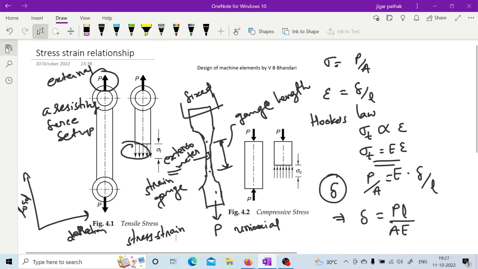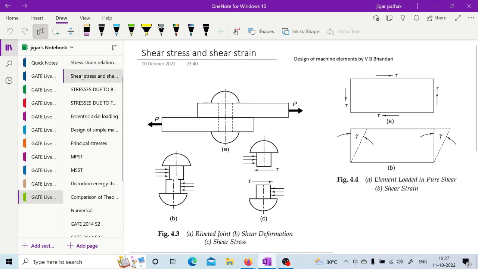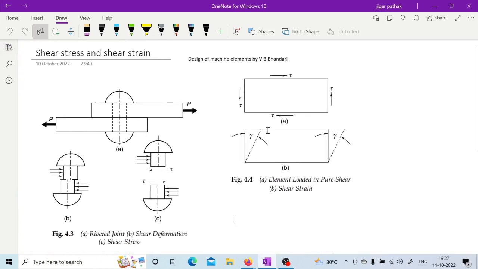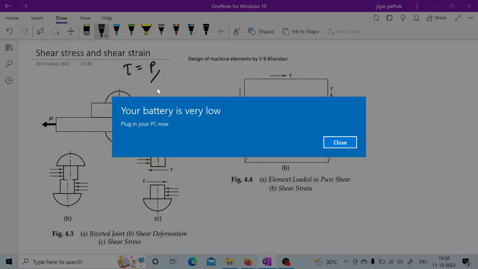Once you know the stress strain relationship, you can have an idea about shear stress and shear strain. This is also a type of stress which can occur in some specific applications, like in rivets, where you may find this kind of stress acting. Shear stress is what happens whenever an external force tries to slide adjacent planes with respect to each other. The resulting stresses are known as shear stress. Shear stress is given by tau equal to